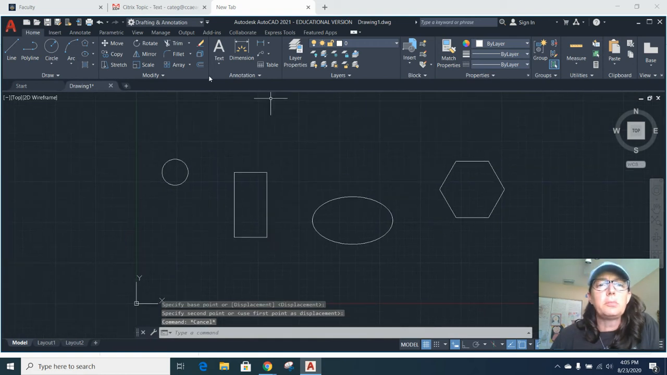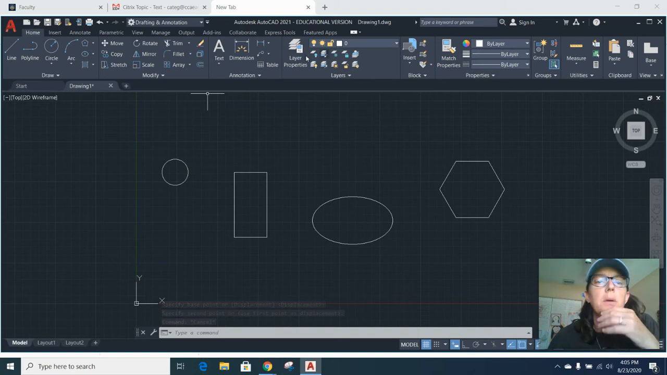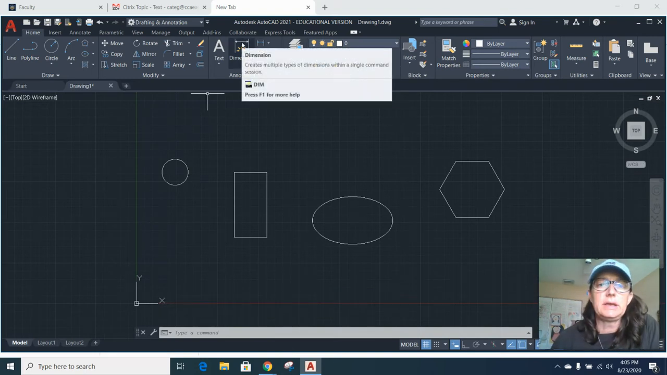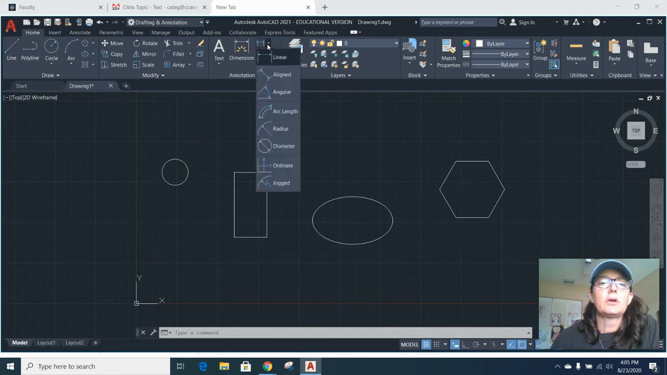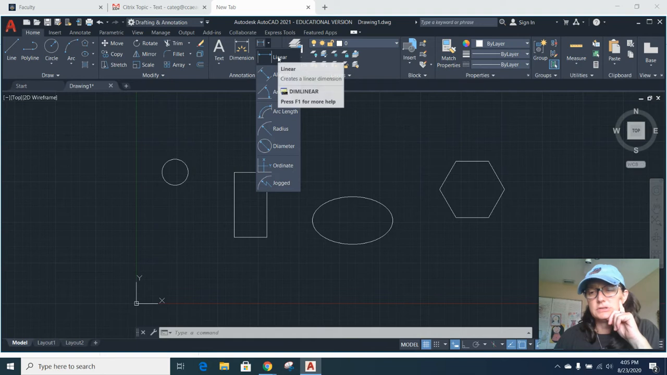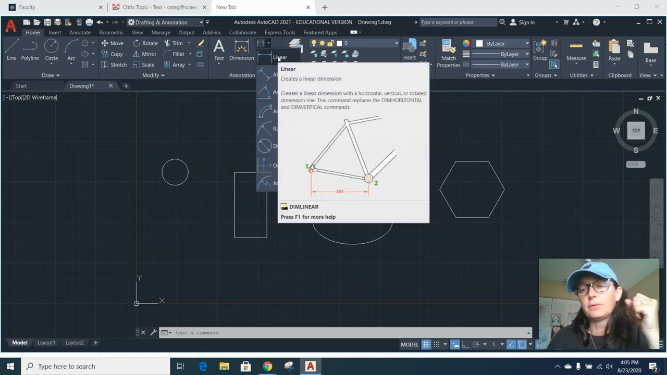Okay, so your dimensions are right here under annotation. Now, annotation can include text as well, but we're going to focus right now on dimension. This is the dimension tool specifically, and these are the types of dimension. You have linear, which is just what you would use normally for your rectangles. You can also use it for polygons, and you can also use it for pretty much anything, but I would say most